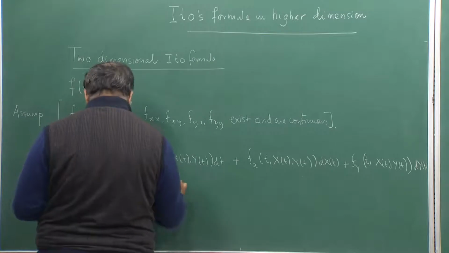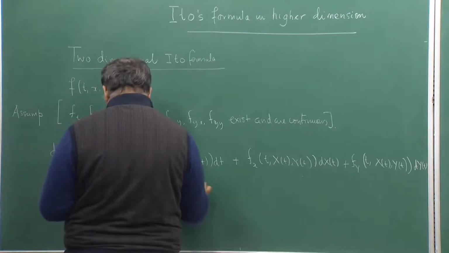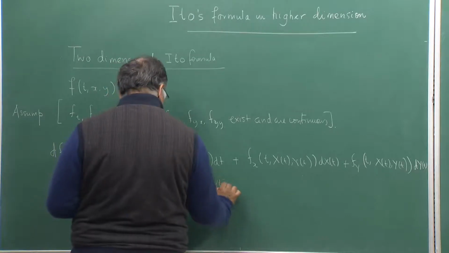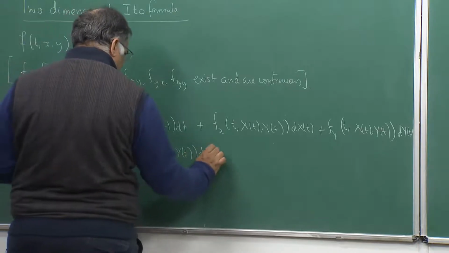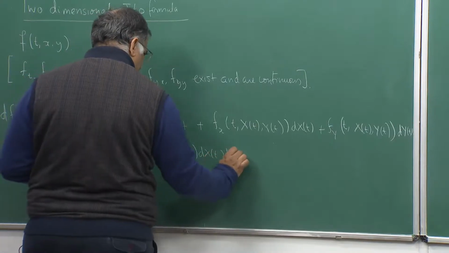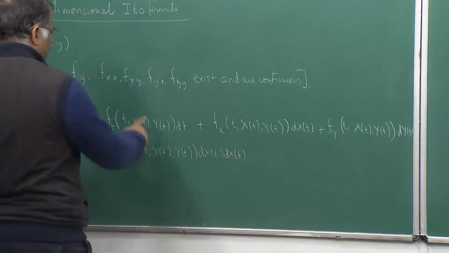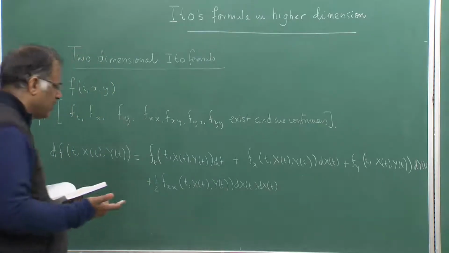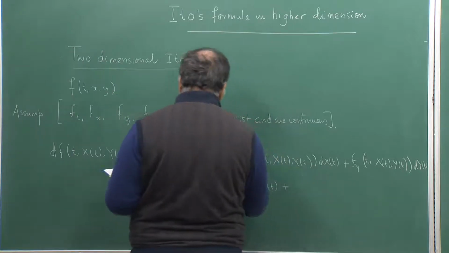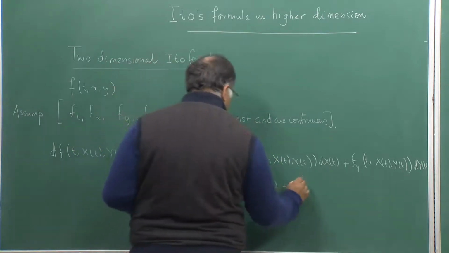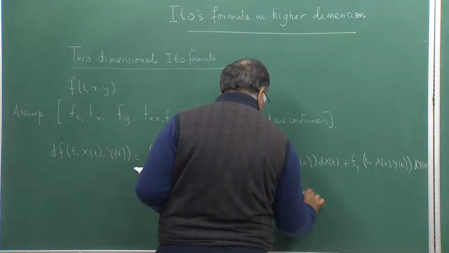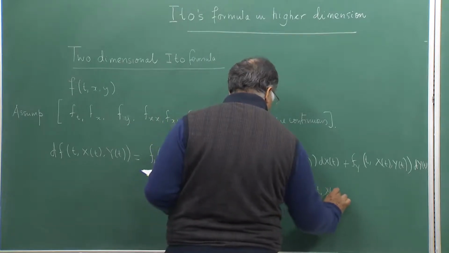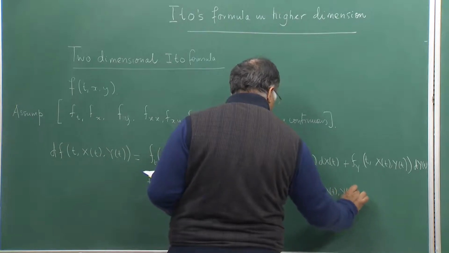Plus half x x t x t, y t, with this you will have dx t dx t. Now, because f y x and f x y are the same, we just write one of them. So, half of each will contribute a half term, so you will have a full term. So, say if I write f x y t x t y t